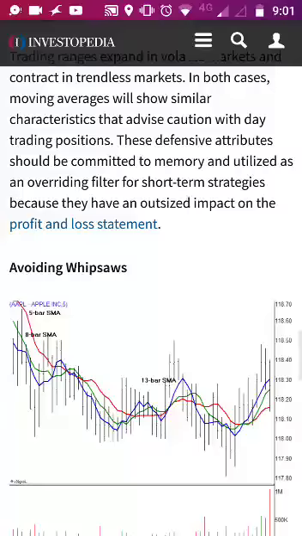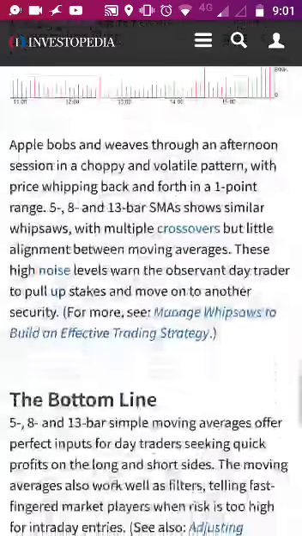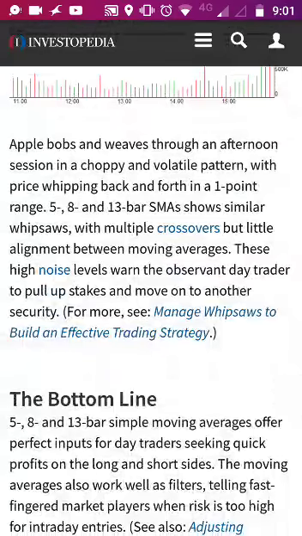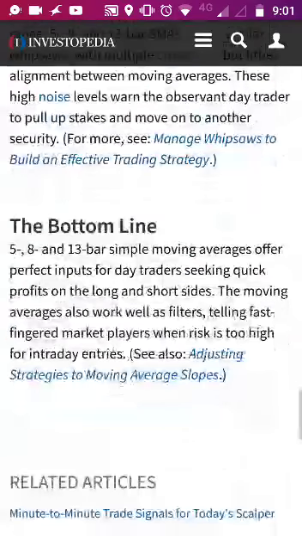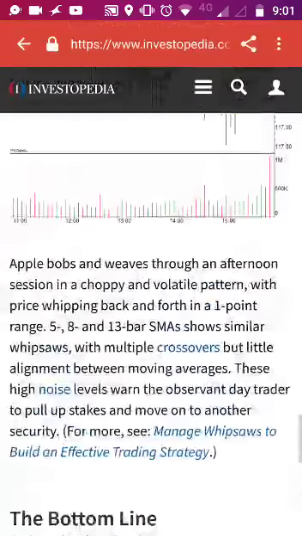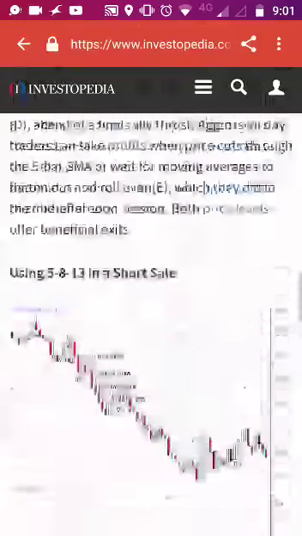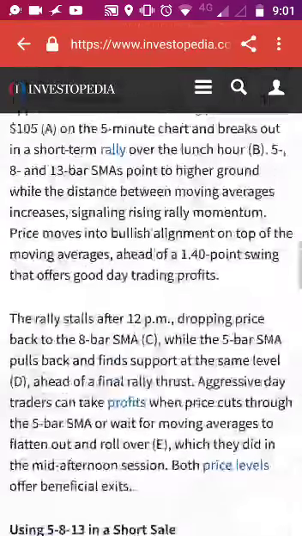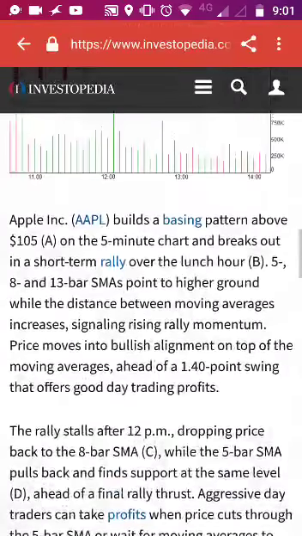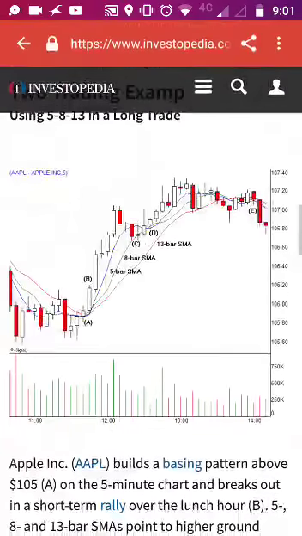Now, the bottom line is these bar simple moving averages offer perfect inputs for day traders seeking quick profits on the long or short sides. The moving averages also work well as filters, telling fast fingered market players when risk is too high for intraday entries. I've also made another video on